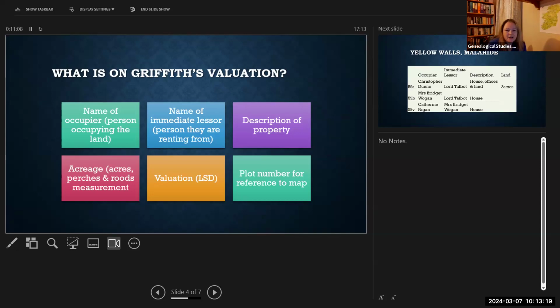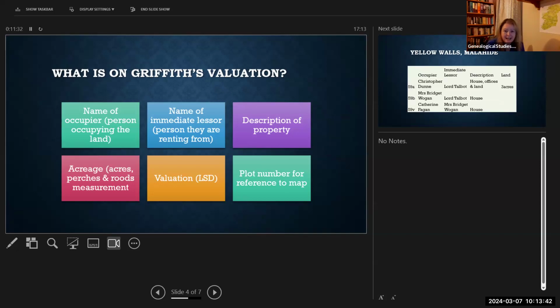But when you see house, offices, and land, it's a standard format, but it's not a very helpful format, because what does that mean? Griffith actually defined houses quite diversely. So everything says house, and you might get a house that is a many-roomed stone-built mansion or a single-roomed mud-walled cabin.